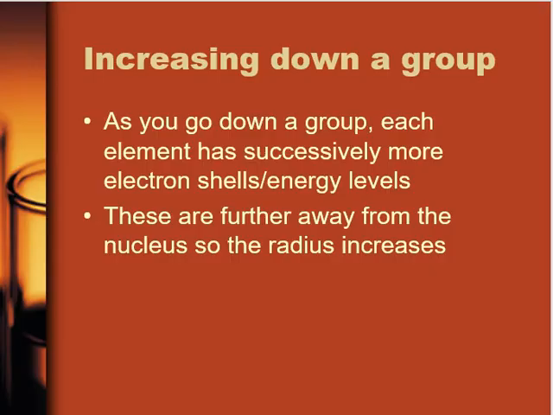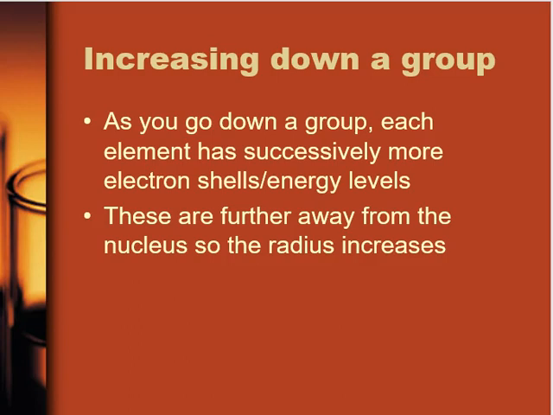We've got the trend that the radius increases as we go down a group. The reason for that is as we go down that group, each element has successively more electron shells or energy levels, which are further away from the nucleus. The further away they are, the greater the radius becomes. Let me just show you what I mean. If we think about that first group on the periodic table,